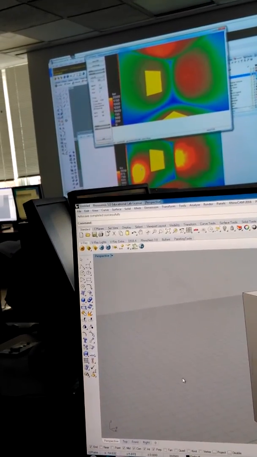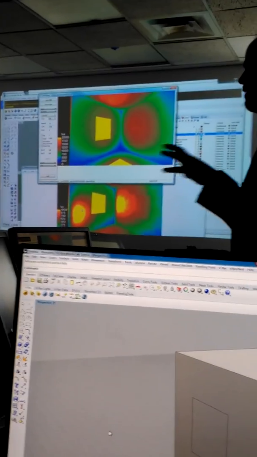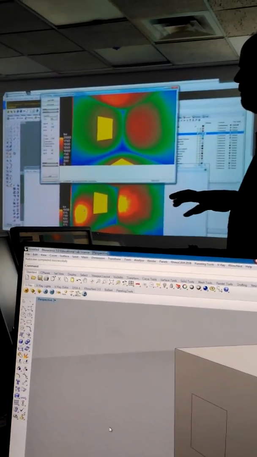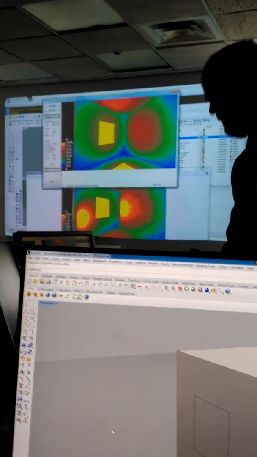Okay, so has everybody been able to render something successfully so far? No. Why not? Recording. I have everything except